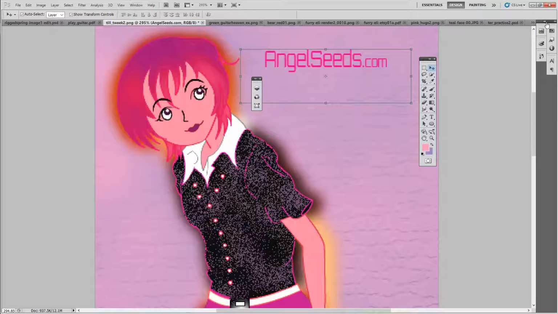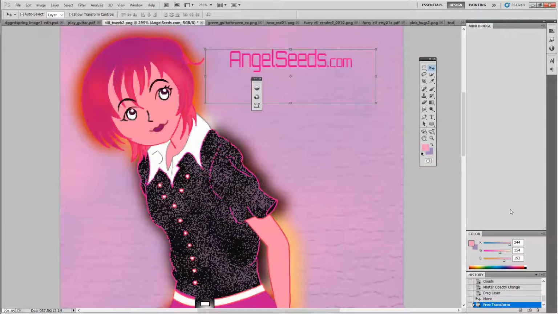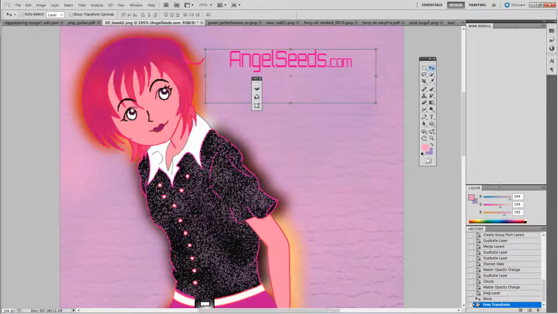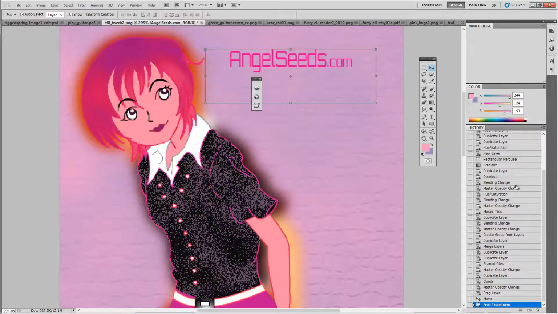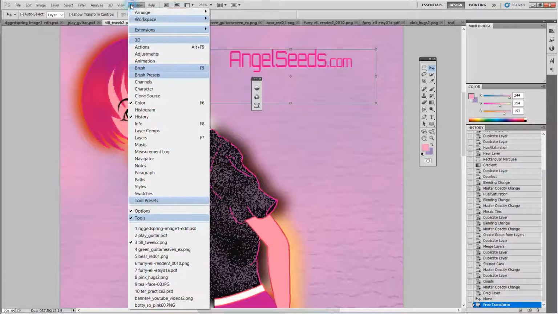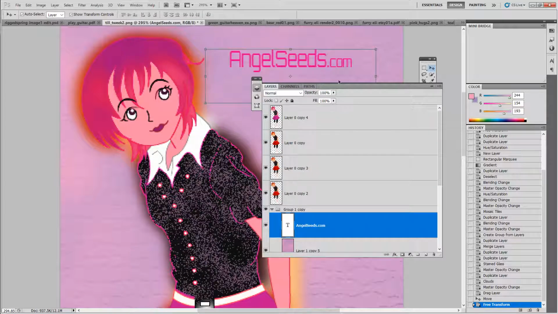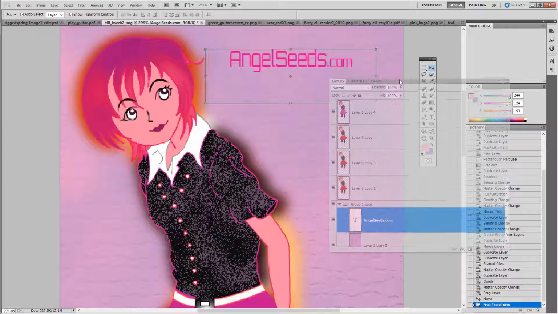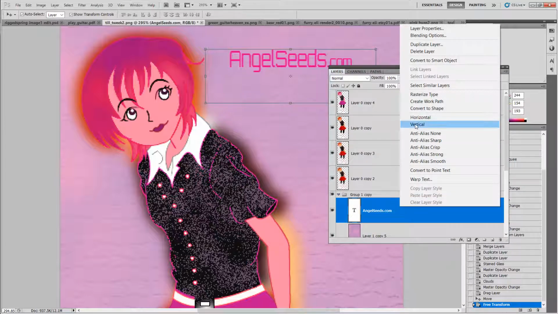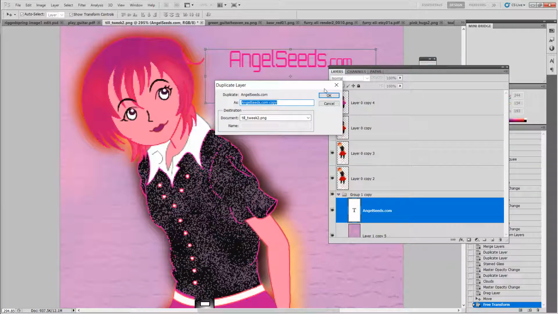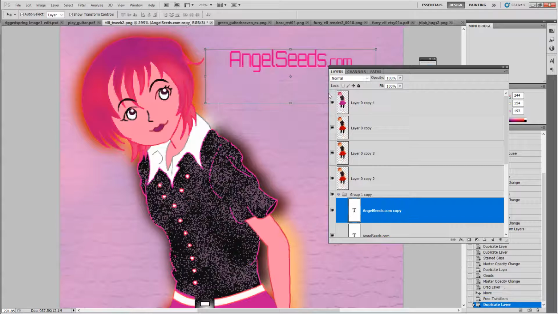And let's go back to, this is where's my layers? Window. Sometimes when you preview it, turn it back on, and get them close,